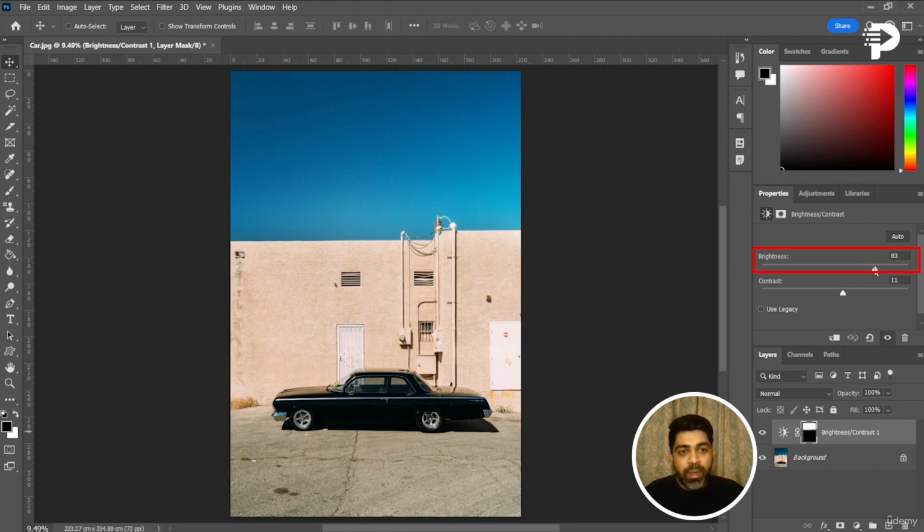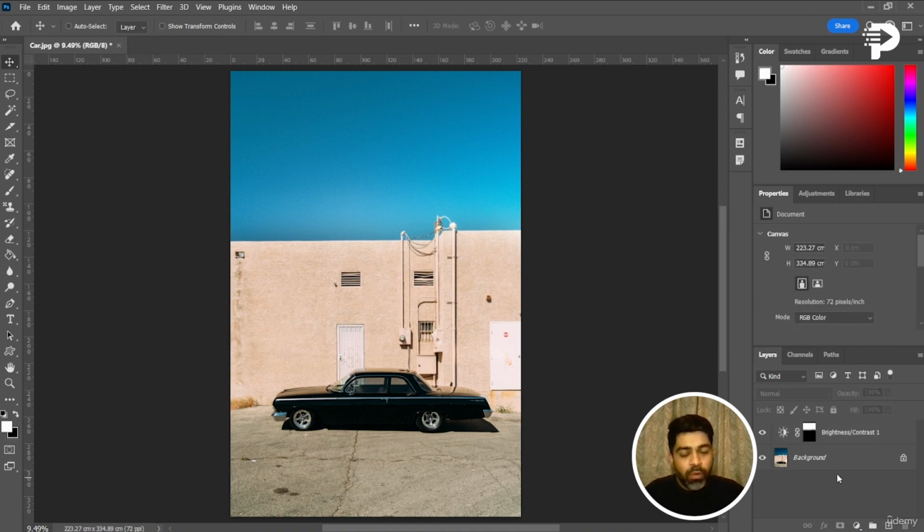I could also change the brightness in case I would want that. This is still doable without any issues. You can lower the contrast and make it slightly coherent with the entire thing, and that's how I have used an adjustment layer. Now there's one more feature about the adjustment layer that we'll be able to see if I have